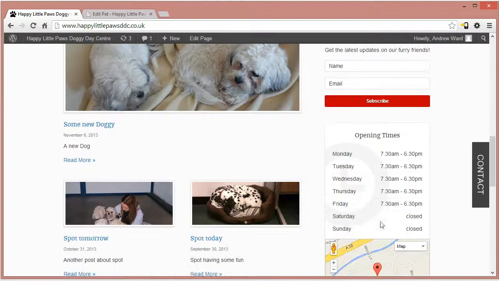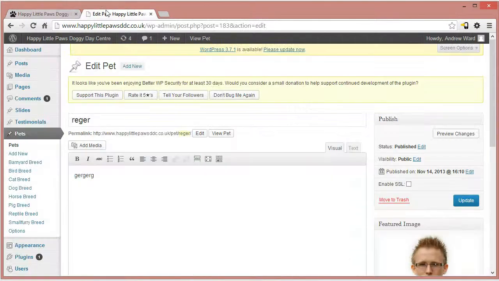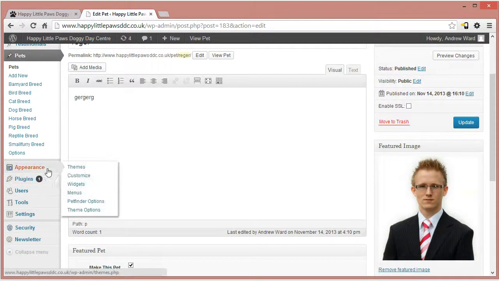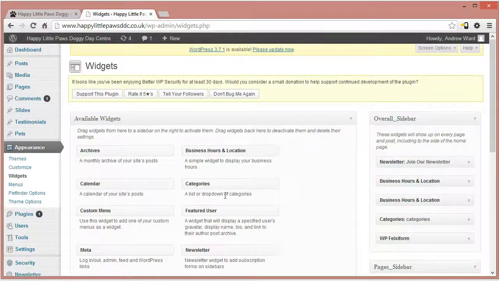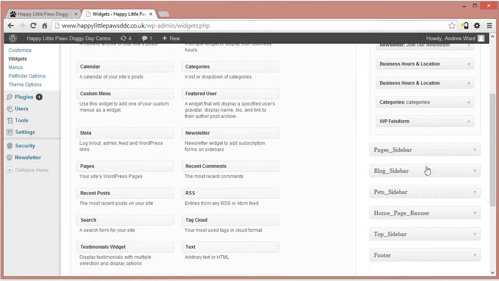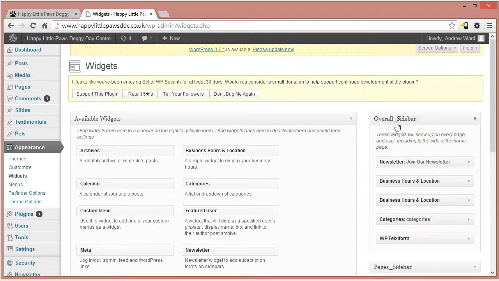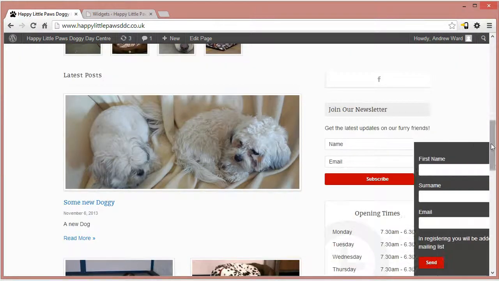Whilst we're here, might as well show you some of these things like opening times. You've got widgets and a map and stuff. If you go to appearance and then widgets, these are kind of how you configure areas of the site. So you've got these various sidebars and things that you can drag stuff to, but what you'll notice, overall sidebar, which is kind of this